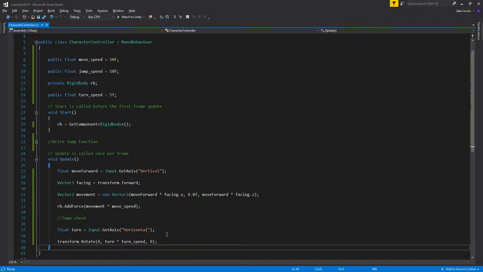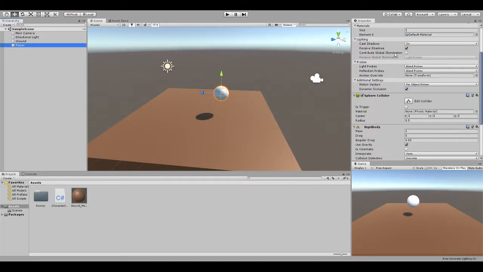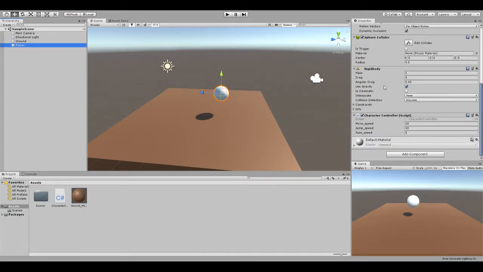Oh, duh. Okay. To fix all of you people who are having problems with it just rolling back and forth, I know what it is. It's always the stupid thing. So I'm going to show this here. All right. We're resuming. So go back into your player here, and if you scroll down and find the rigid body component,